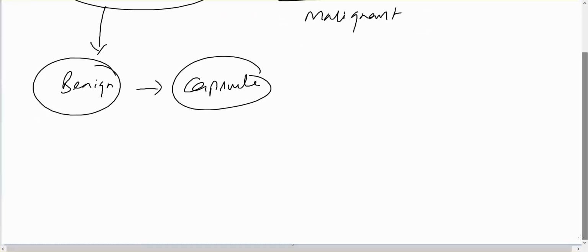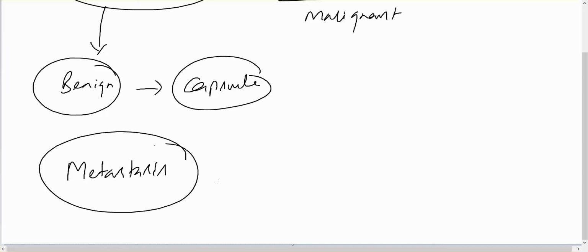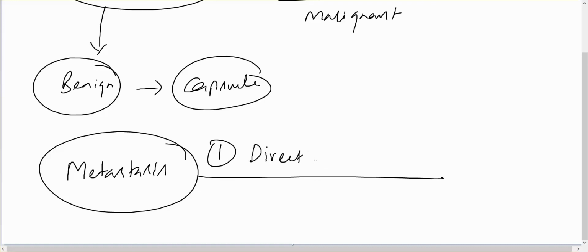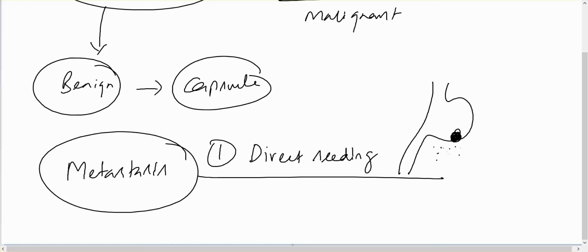Now coming to metastasis, you all know metastasis means distant spreading. They spread by three means. One, direct seeding. For example, there is a stomach cancer, and this stomach cancer involves the whole wall of the stomach, and the cancer cells fall into the abdominal peritoneal cavity and spread to all the organs in the abdomen. So it is called direct seeding, otherwise called pseudomyxoma